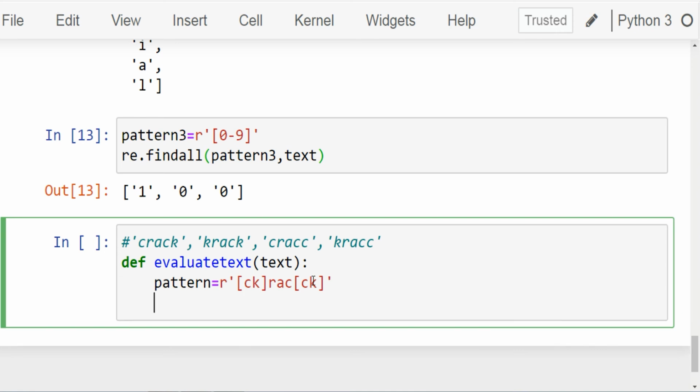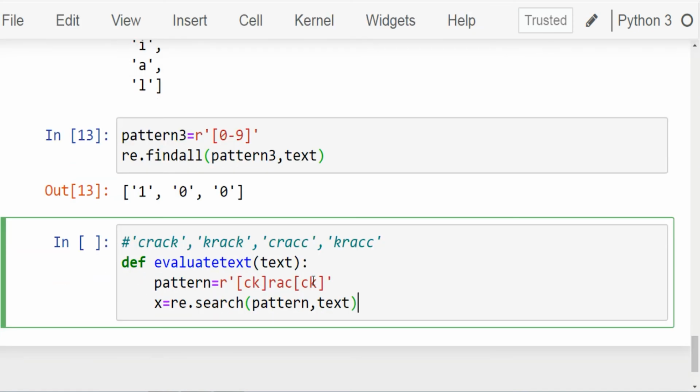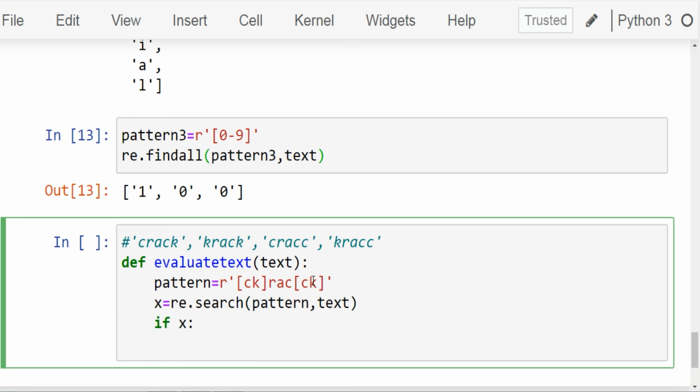Now let's create a variable x and assign it the search function. Write re.search and within parenthesis pattern comma text. Now use the conditional statement. Write if x followed by colon, print match found.